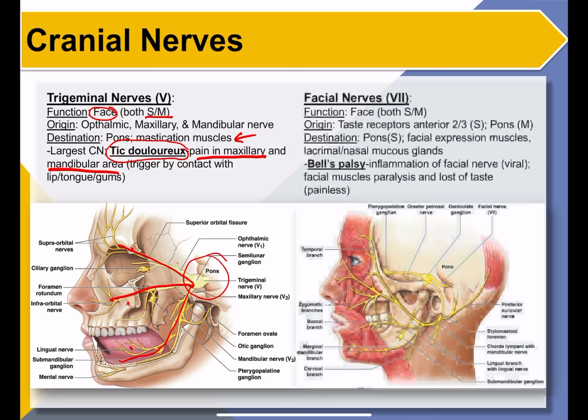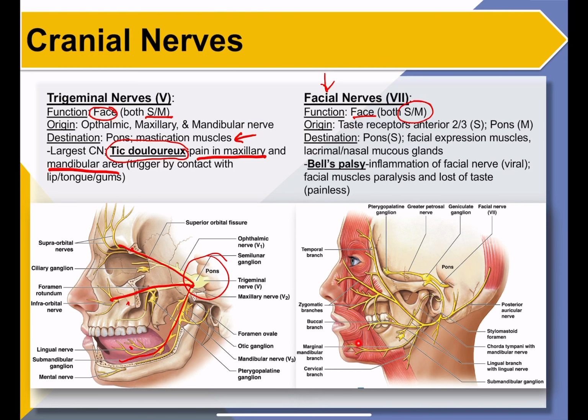As the name suggests, facial. So it is for the face. Again, both sensory and motor. Now, but not the same facial portion as the trigeminal nerve, okay? Facial nerve innervates the lacrimal glands, nasal glands, and also facial expression, okay? This is feeling sensory information coming from your skin. This is allowing you to cry, to have mucus coming out from your nose, and also forming facial expression in the face. So that's why it's sensory and motor, because it's what allows you to smile, for example, or grunt and make